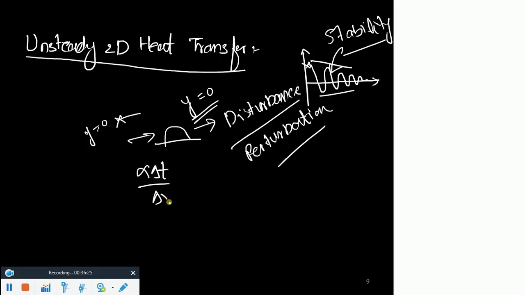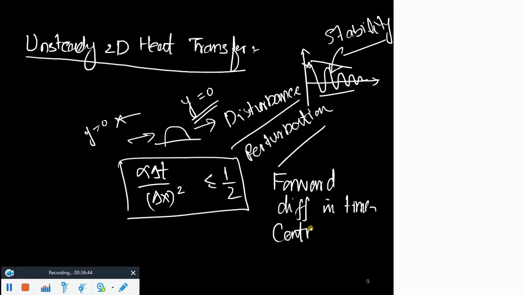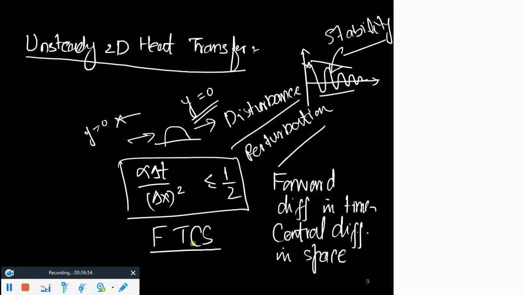Alpha delta t by del x square, what should it be? And this is for what scheme? Once you take forward difference in time and central difference in space, that is why this scheme is also known as FTCS, forward difference in time, central difference in space. Okay, now